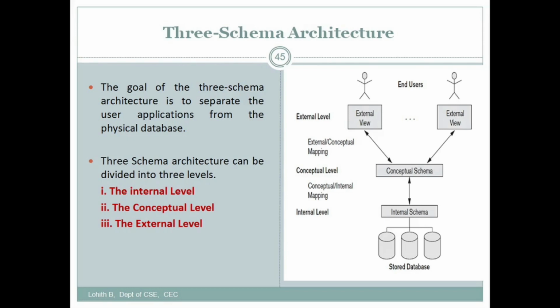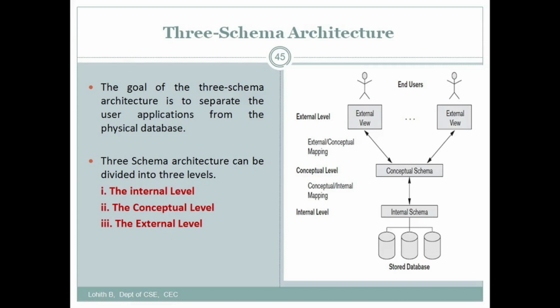For example, let us consider a user using a Gmail application. The user may access the Gmail data at any time and any place. But being a user, he may not know where the data is physically stored. The Google data might be in Delhi or Bombay, or it might be in the USA as well. Being a user, he is not aware where the data is stored physically. So this is called data independence. This is a separation between the user application and the physical database.